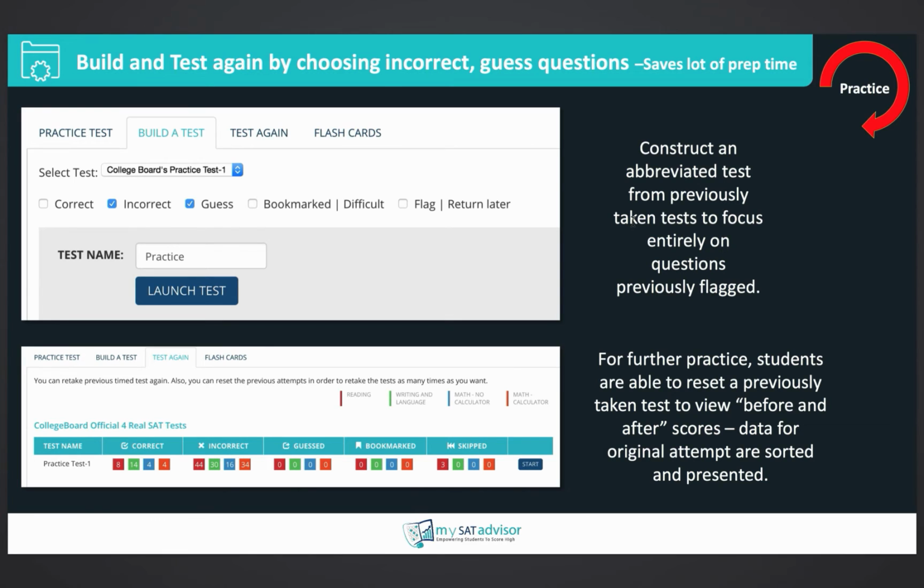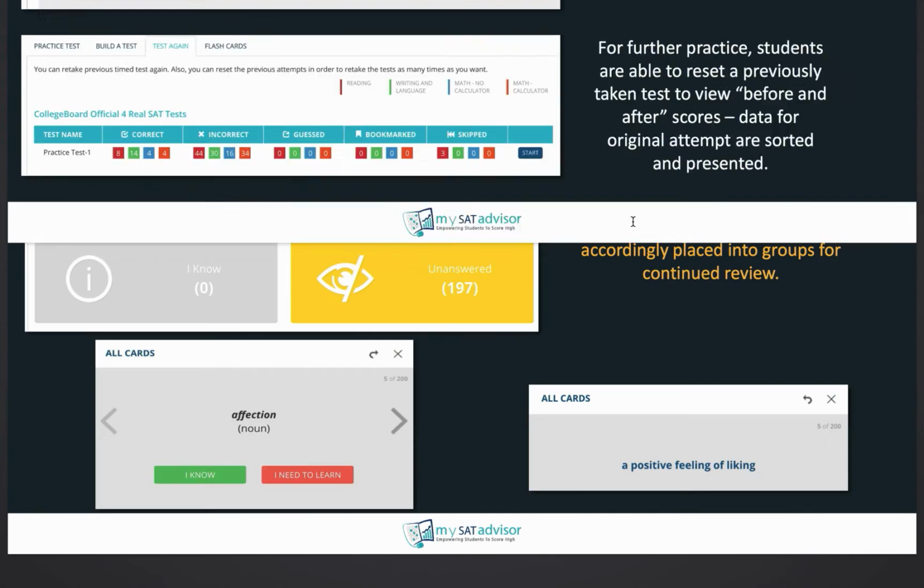And this is the beauty of marking questions or notating them while you're taking the test. So I could do the same thing and only practice the questions which I guessed on, or only the questions which I marked as difficult. So what we see is a flexibility pertaining to what the student thought was difficult. Not all students are going to think the same questions are difficult, but the universality of this feature is that it allows for very efficient preparation. And in the bottom picture, we see that you are able to reset a test attempt after every 2 tries. So essentially you have an unlimited number of takes for each test.